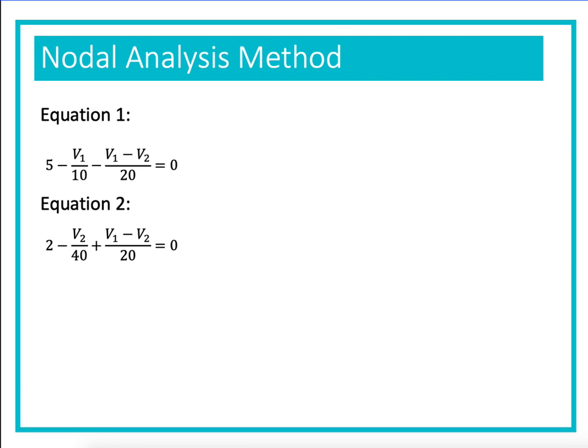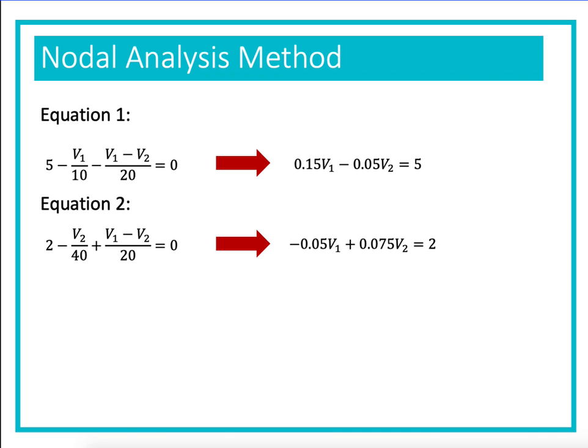So mathematically, we work this out, and the first equation is pretty easy. We basically move the V1 and V2s to the other side of the equation and flip them. And I do this basically because I don't like all the negative signs. Otherwise, if you don't do that, that's fine. Any way you simplify it is okay, as long as you simplify it correctly, and as long as the unknowns are on the left and the known values are on the right. Then other than that, you'll be fine. So the second equation, we do the same thing. We simplify that. And we now have 2 equations that we're actually going to use